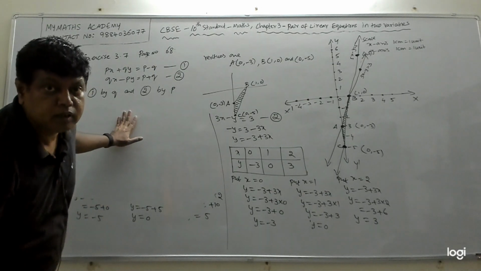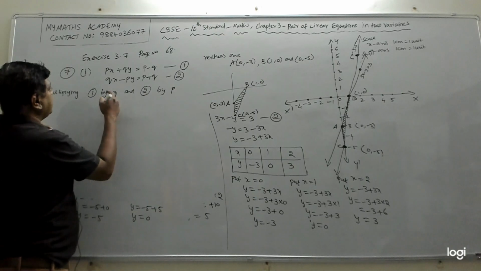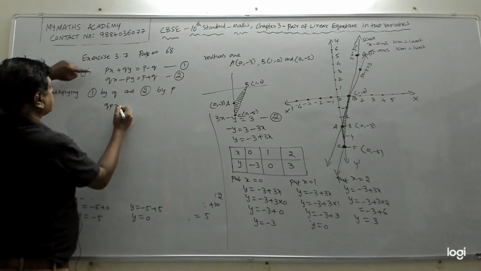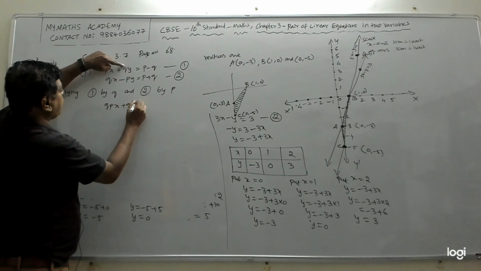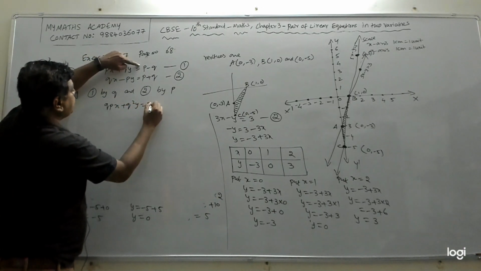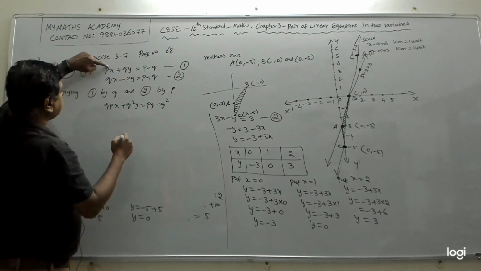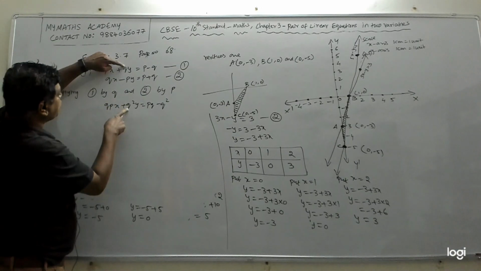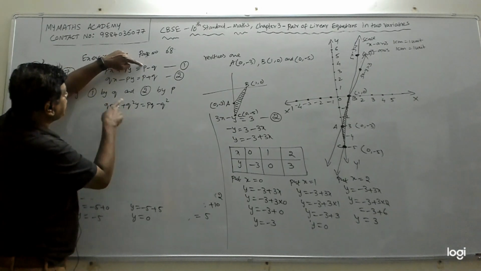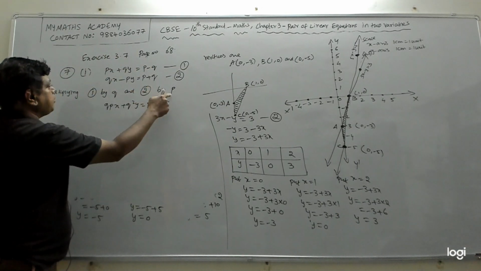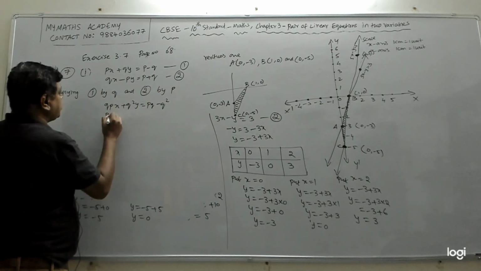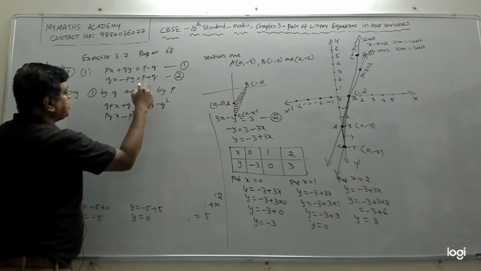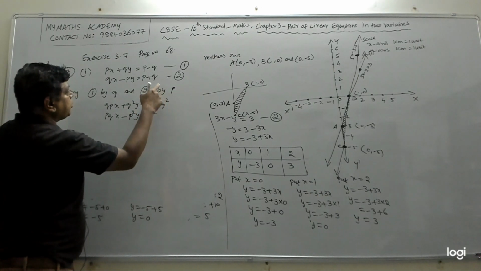Fine. So if you do that, then what do we get? If I multiply throughout by Q, I will get QP into x plus Q square y equal to PQ minus Q square. So I'm multiplying each term by Q. Q into P, QP x, Q into Q, Q square y, then again Q into P, QP, Q into Q minus. Now the second equation by P, so P into Q is PQ x minus P into P is P square y, P into P is again P square, P into Q is PQ.